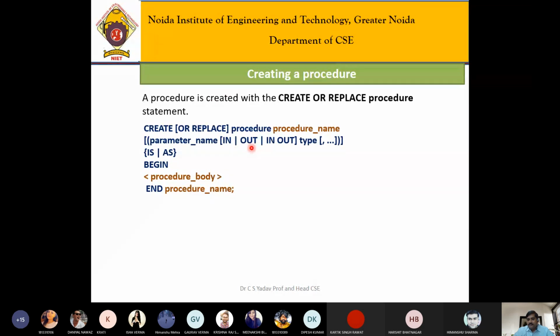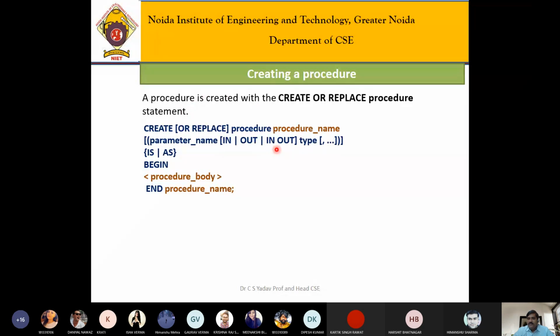If we declare a parameter as output mode, it means that through this parameter we send a value to the outside world, or it acts as a return, and through this parameter we return a value to the calling program.